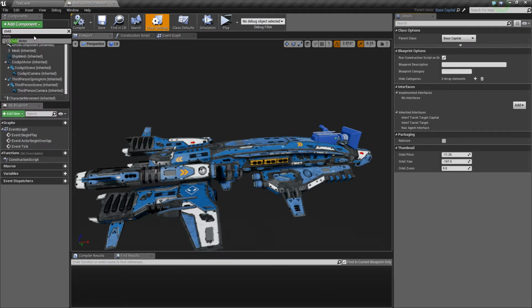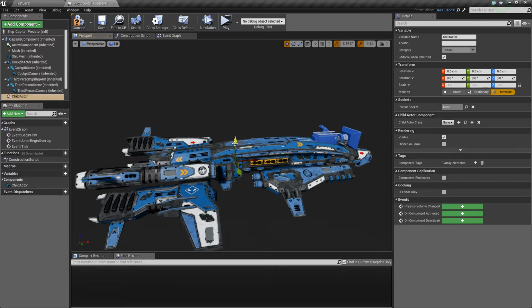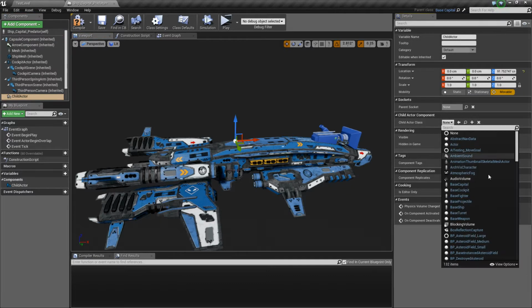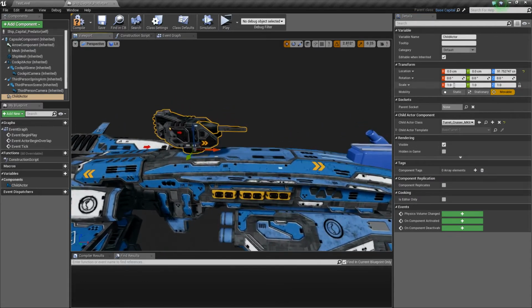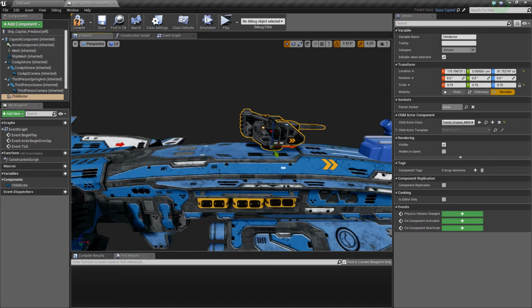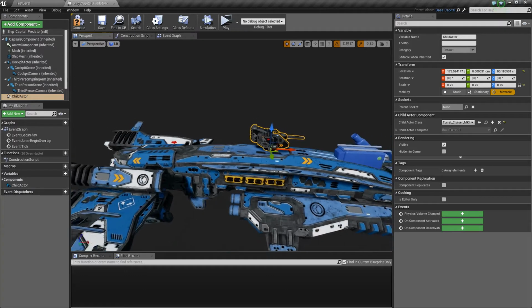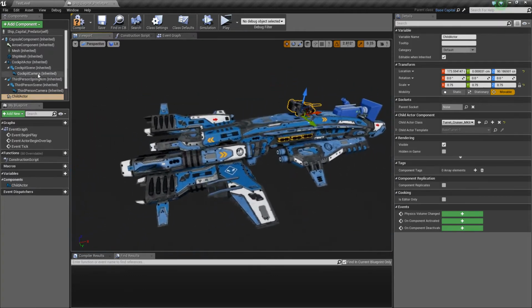And now let's add some turrets. So we'll go to Add Component and Child Actor. We'll just drag this up, and we'll give him a Mark 2. And we'll just scale that down a little bit. So the Mark 2 is by default an anti-capital and anti-fighter, so we'll give him one of those. And then we can give him some